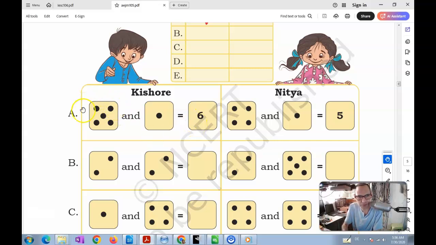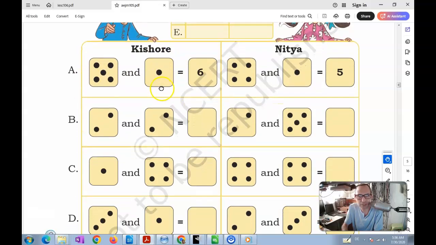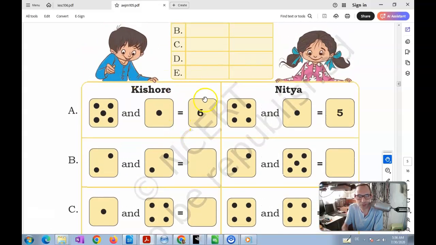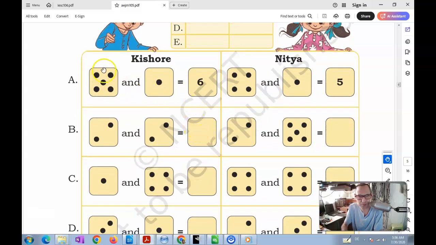So you have a pair of dice, so you have 2 pieces, this is one piece and this is the second piece, and these different children are throwing the dice, and the results are over here. You see, for example, that's a 5 and that's a 1,